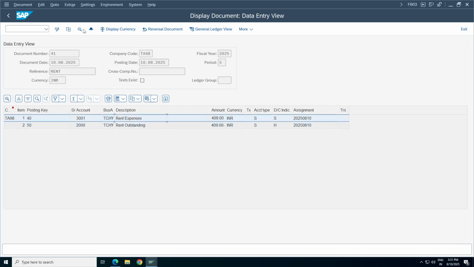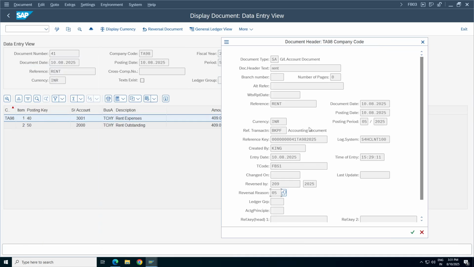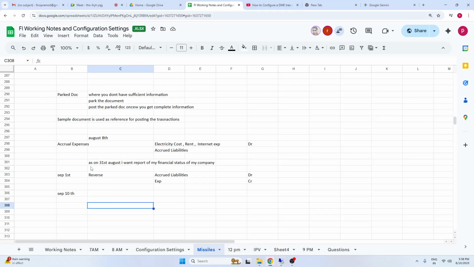We can see it here. It's updating, similar to your reversal document only, nothing more. But as part of accounting, every month you will come to know what your reporting is. I want to know the status of my company, including all your expenses and revenues. That's the reason we book accrual expenses and accrual revenues.